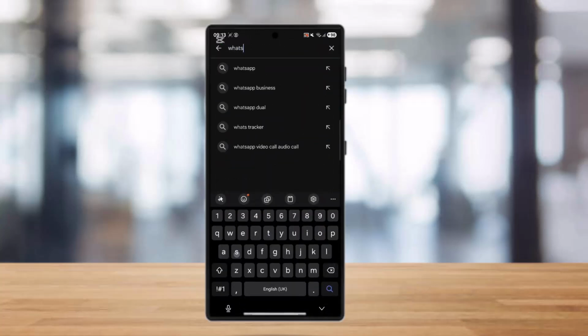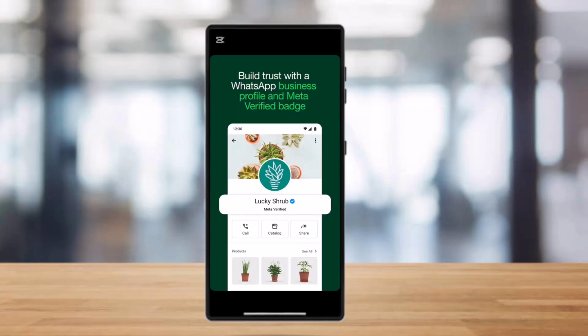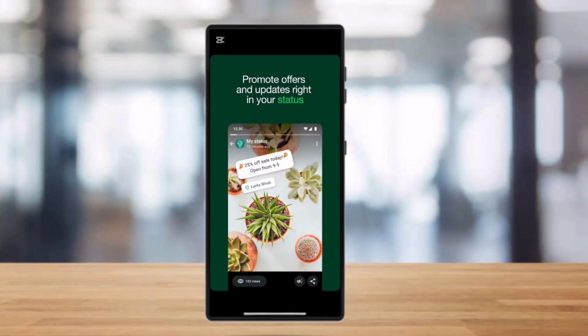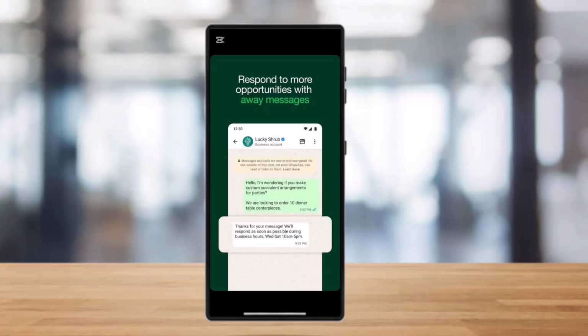So once you download WhatsApp Business, you can simply set up a detailed profile, logo, description, hours, and website. Now, you can use tools like quick replies, away messages, and labels for efficient customer interaction. Plus, you can even create a product catalog and share your business link on social media to connect with customers